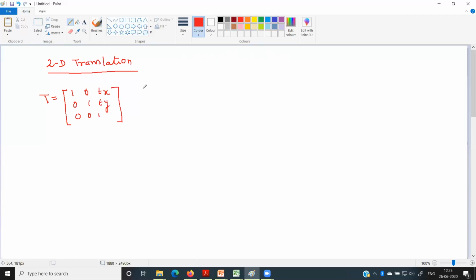So this translation can be performed for a point P which has only two coordinates, X and Y. Now, if we want to perform the same translation in the 3D plane, that is 3D translation,